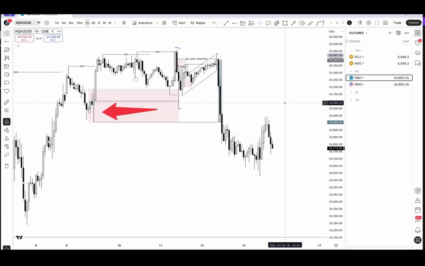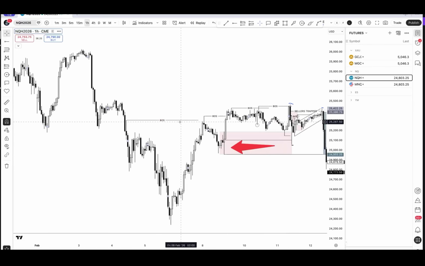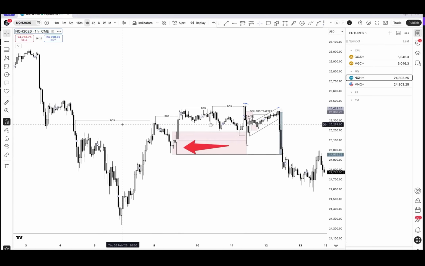So NQ, sorry about that. I had all these marked out as BOS. Are you talking about this right here? I just grabbed the whole range because this is where sellers were originated from. This is where the selling originated from because price reacted off of that candle to sell off again. So I honestly just grabbed where sellers were originated from, and that's why I marked my BOS, if that's what you're asking. Or if you're saying this right here,